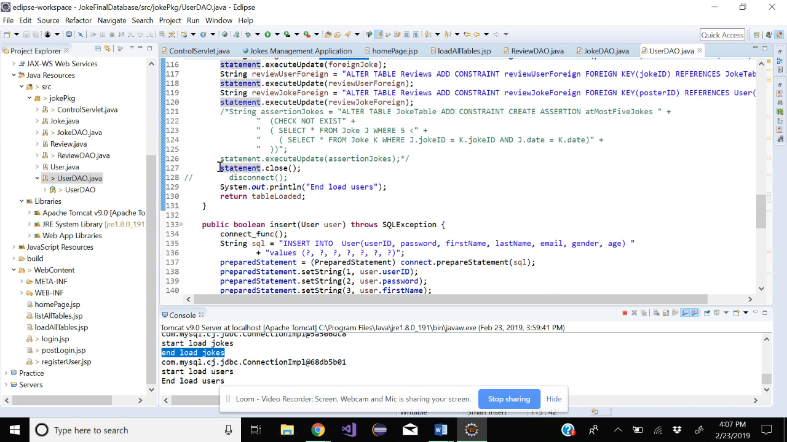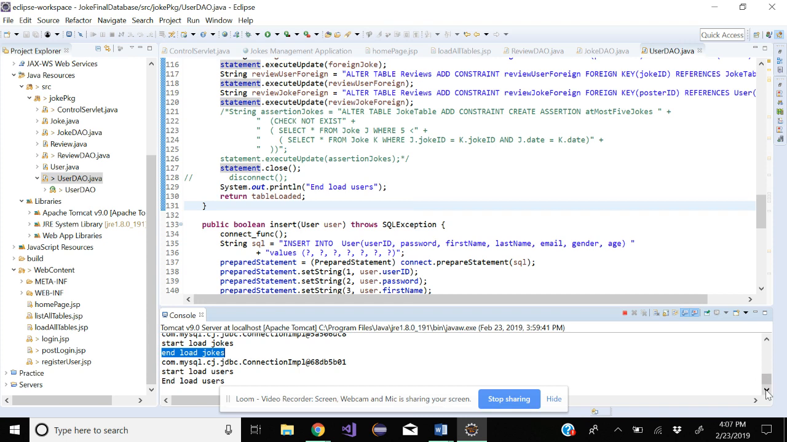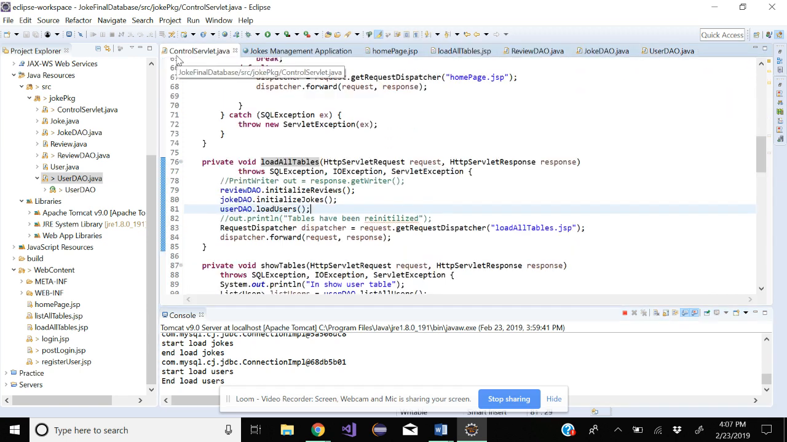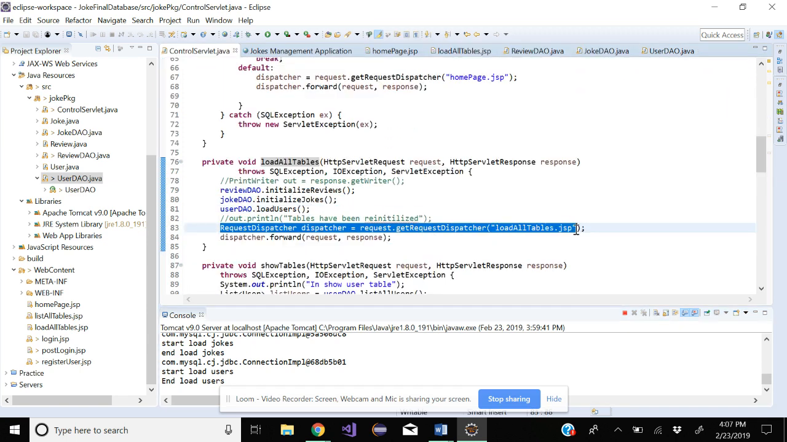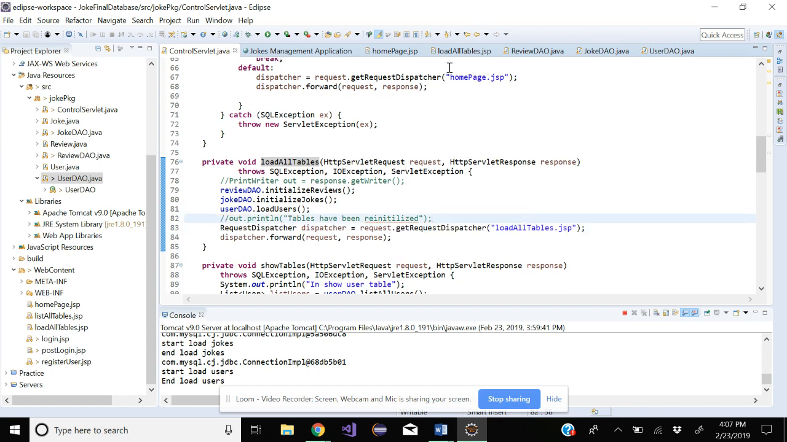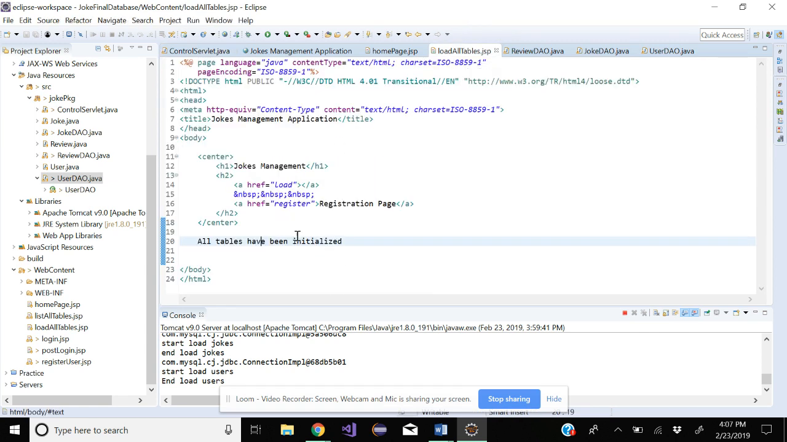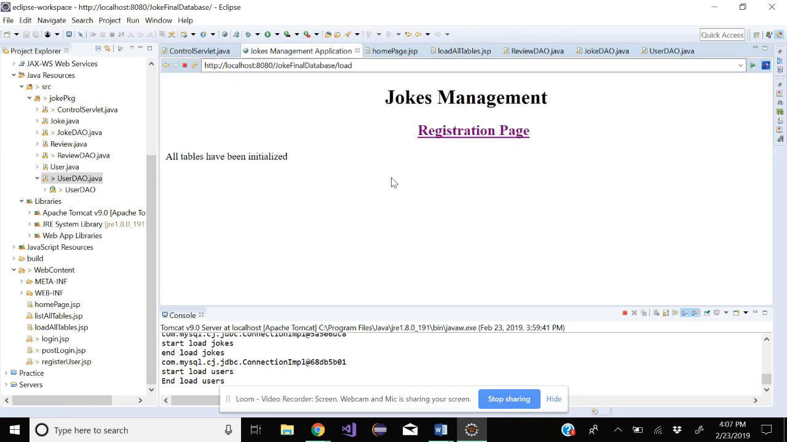And then we print end load users, so we can tell that we went through that entire function. So start load users, end load users. And then in control servlet, we request dispatcher to load all tables. So if we go back to load all tables, we can see that all tables have been initialized because it ran all 3 functions. And then if we go to registration page,